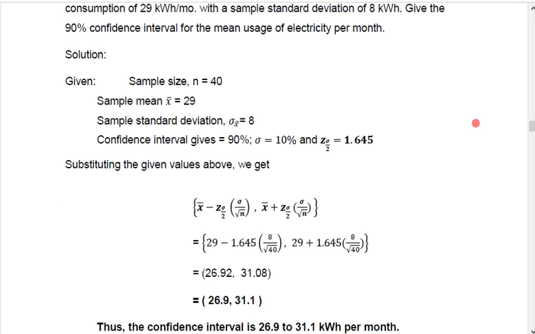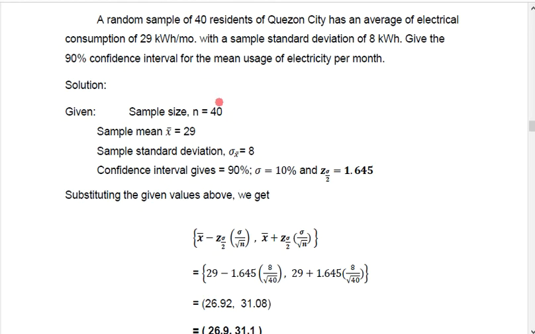Okay? So we have here a sample size of 40. We have 40 residents, a mean of 29 consumption. Okay? And then we have a standard deviation of 8 kilowatt hour. And the confidence interval gives 90% confidence, which is equal to